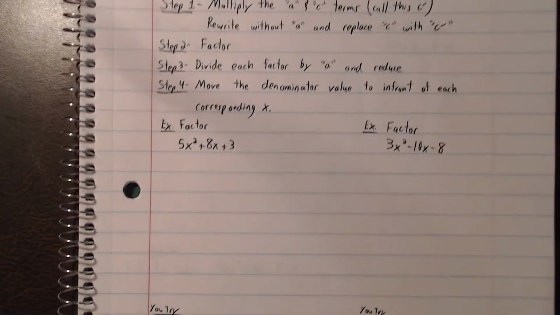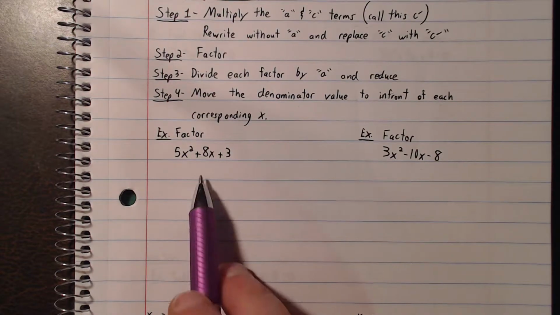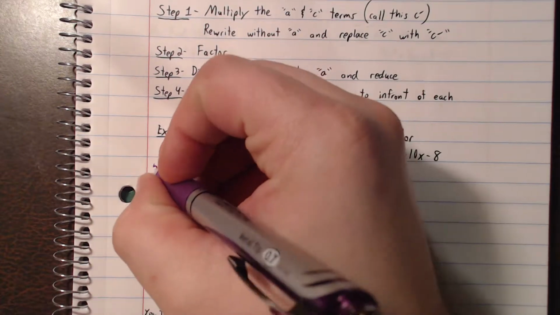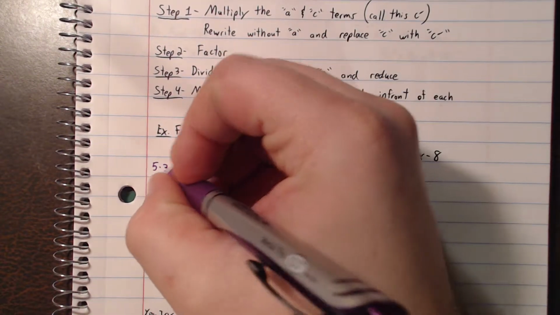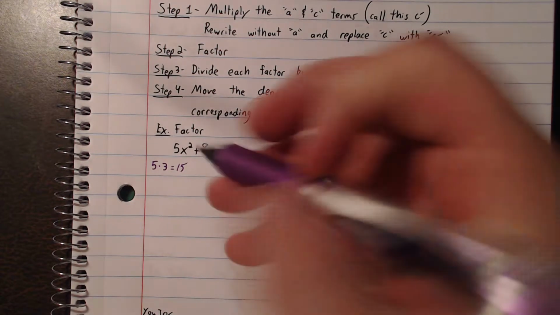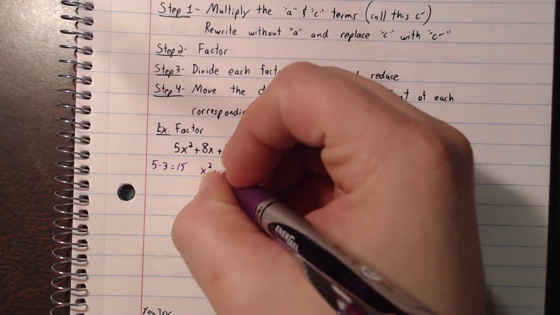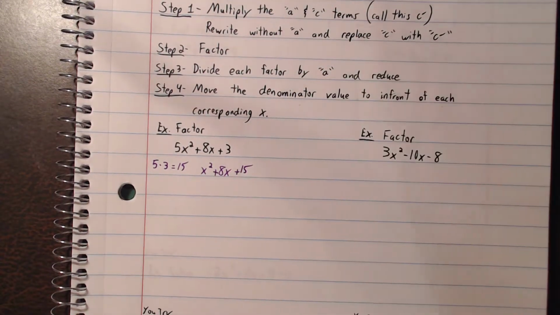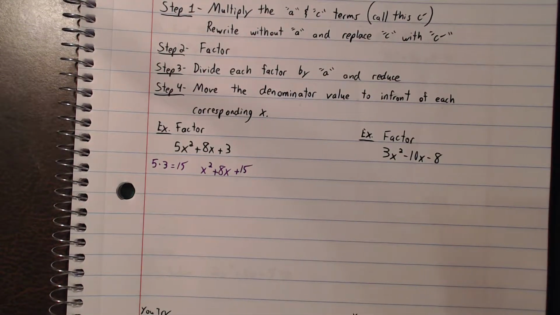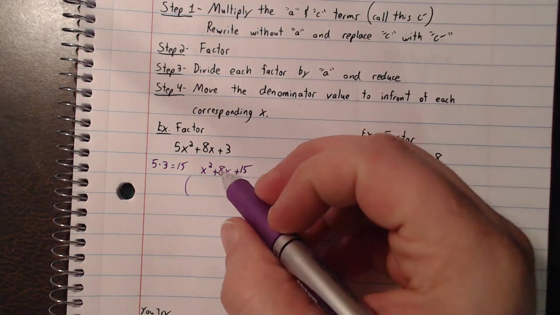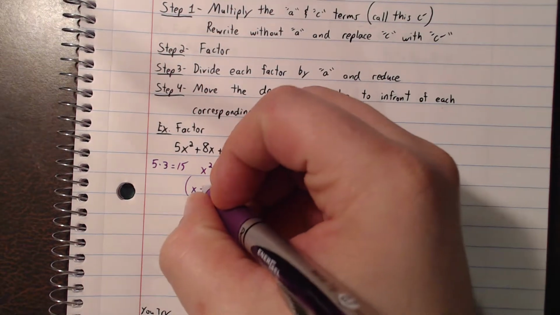So with our steps still showing, we're going to do this problem. It tells us that for our very first step, we need to multiply the A and the C term together. So I end up getting 15, and we're going to rewrite now without the A term here, so it's going to be x squared plus 8x, and now I'm going to add on my C prime value. Now I should be able to factor this thing. So I have to think about what two numbers multiply to 15 and add to 8. I'm coming up with 3